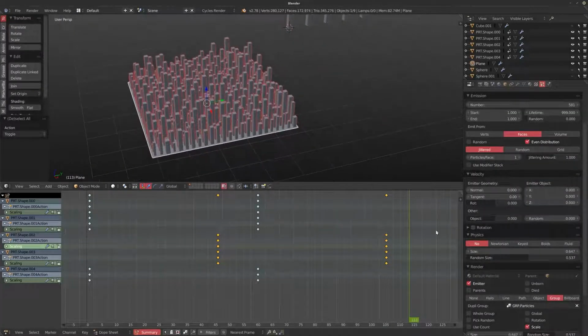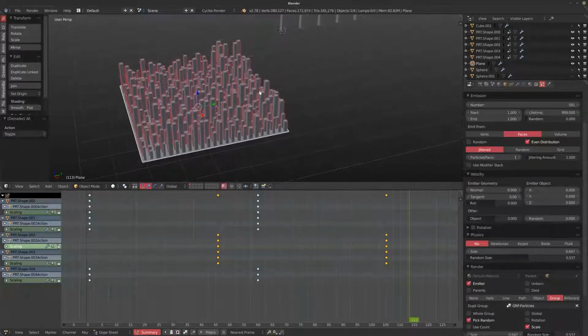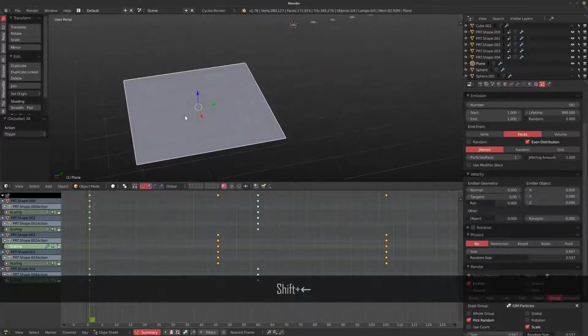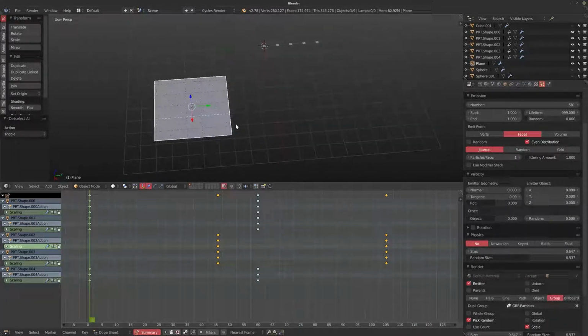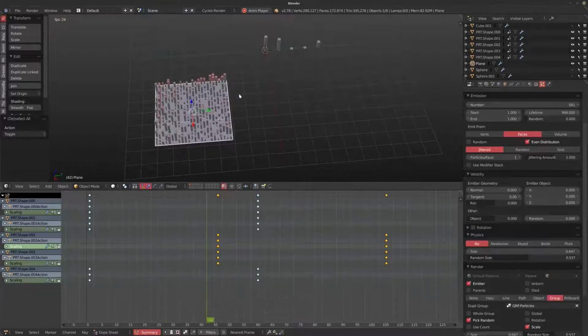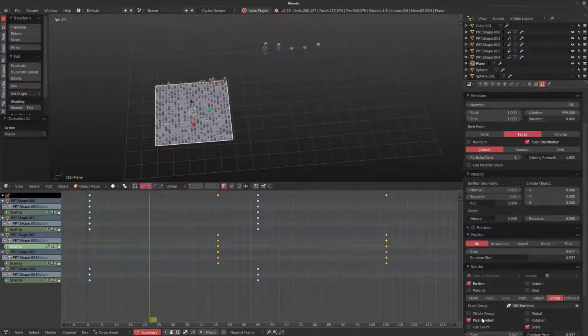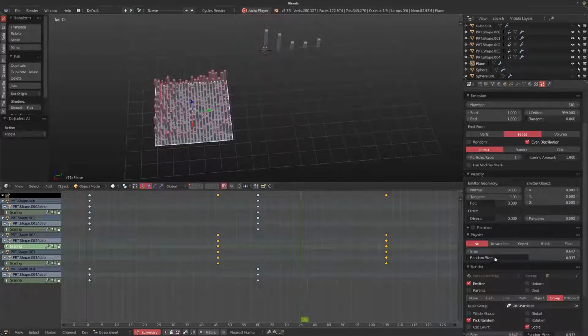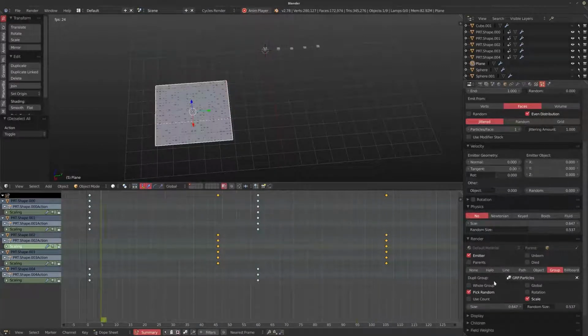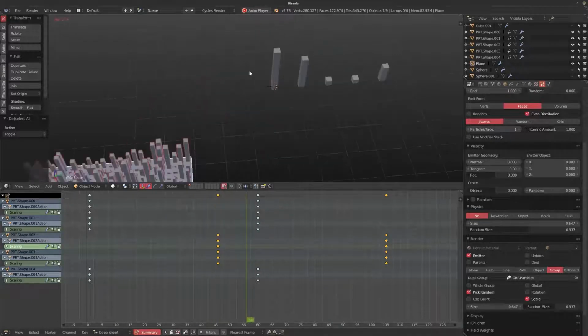And the only thing that I want to change here as well is make sure that I set this to pick random. You started seeing sort of a grid pattern as the particles are being created. Now if I set this to pick random, it'll be even more randomized because it's just picking particles randomly from the group rather than following a certain order that they've been grouped in. So it's another way of doing things. Again, you could go even further.